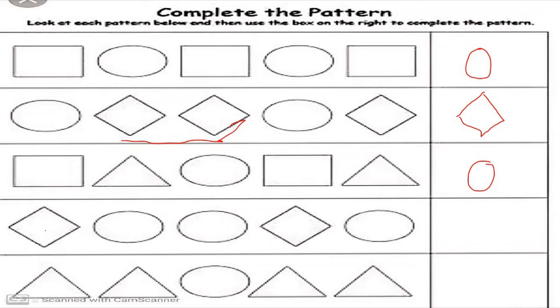Now what happens? Look, this is the diamond, two circles, diamond, one circle. What will come? As you have observed the pattern, two circles are present here. So if we want to complete this pattern, we have to draw the circle in the given box to complete this pattern. Now look, these are two triangles. After that there comes a circle, again two triangles. So what will come next? There will definitely come a circle.